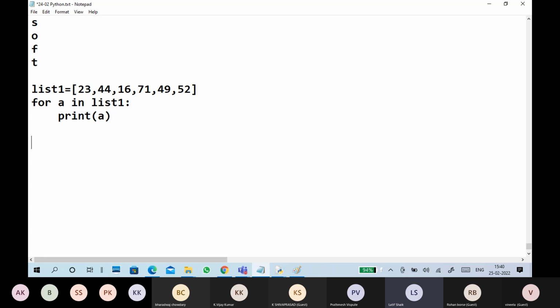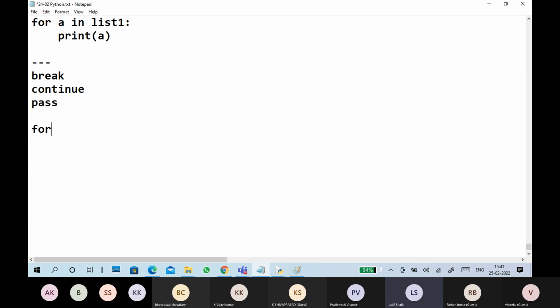Understand or not? For, okay. But we also have break and continue. These three things are there, so we can apply them on a for.